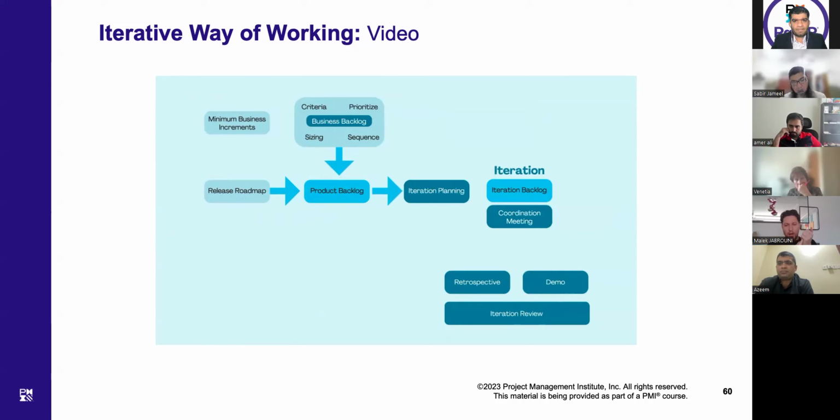At the start of each iteration, the team pulls the work they plan to do from the product backlog into the iteration backlog. This is a key point. The team pulls the amount of work it thinks it can get done during the iteration, not the product owner, team manager, or stakeholders. The iteration is the time box around the team's work.